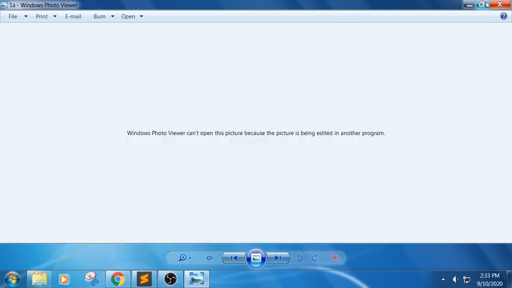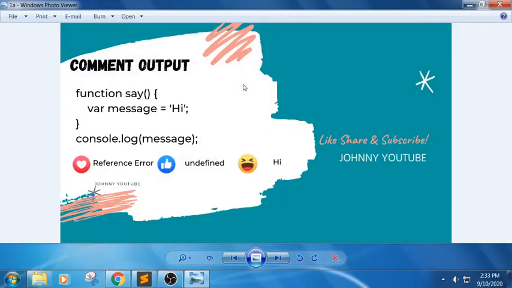Next one. Question number 1a. Here we are declaring a variable, message equals hi, and console.log of message. Here we will get an error, a reference error saying the message is not defined. We have discussed this during the initial part, with the let and var keywords. Why do we get this error here? Unless we define the global variable for this, we will get this error. So the output of this snippet would be a reference error.